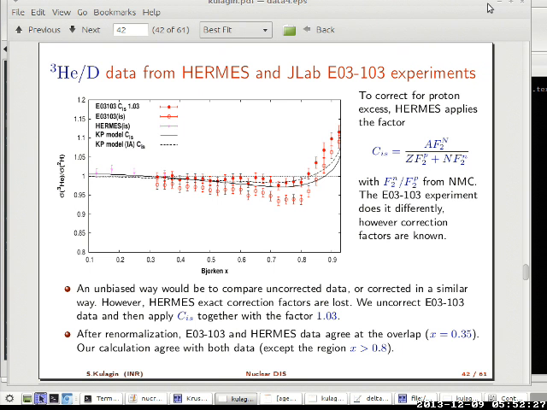And if we blindly compare this ratio, then there is a clear mismatch, about a 3% difference between this data. But if we try to correct for the isoscalarity effect, the JLab data, which has corrected